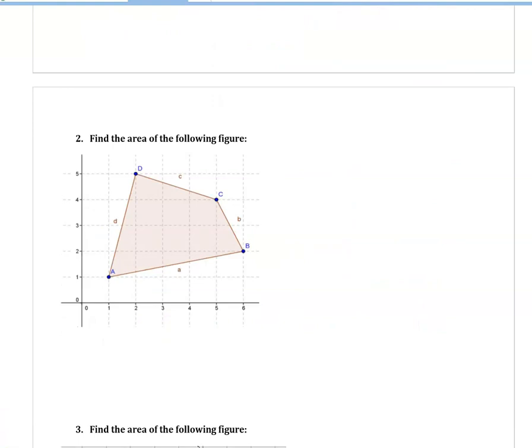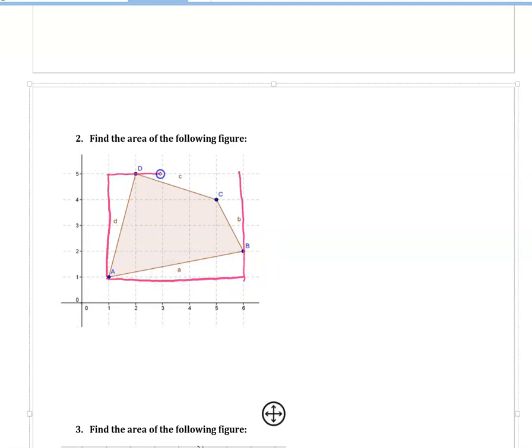So again, a little bit of a weird looking shape that we want to find the area of. So I'm going to try to box this in. As you can see, I'm not going to be able to box in every single vertex. This is a lot like the third triangle I did with you guys at the top, where I get this funky looking shape off to the right. That's fine, because I can technically break it up into two triangles